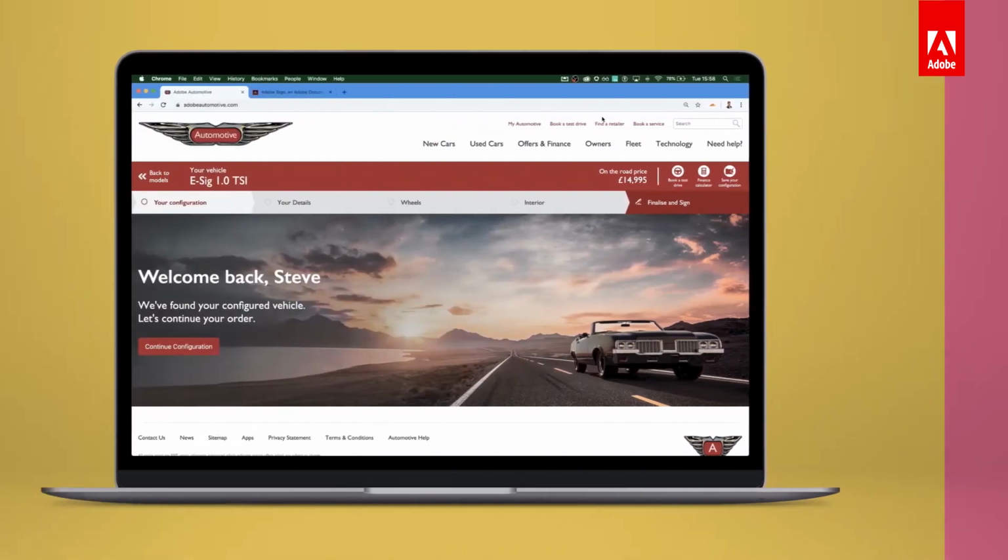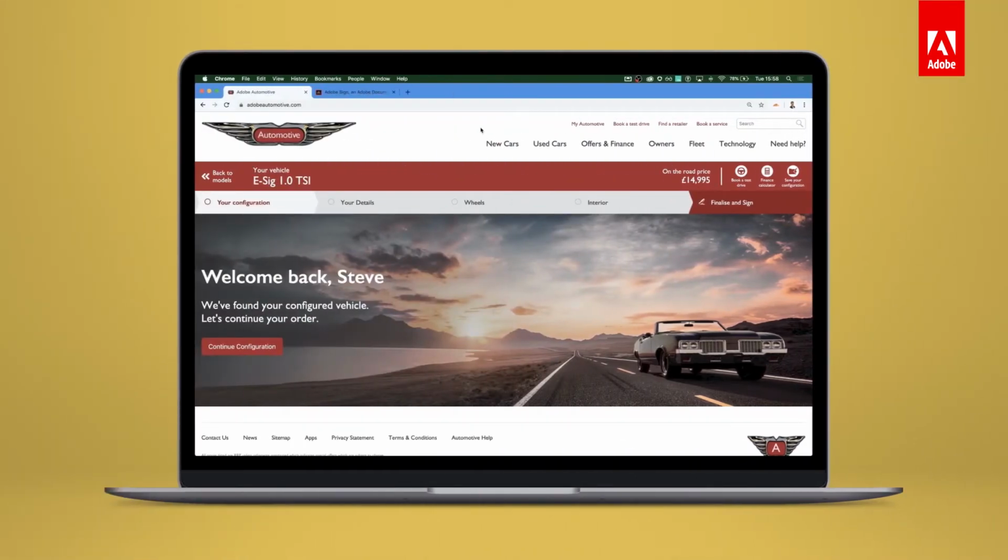Now, of course, this demonstration is not representative of the full steps involved in purchasing a vehicle. It is designed to show you what's possible with the steps shortened using Adobe Sign to sign a vehicle order form. To set the scene for today's demo, I am on the website